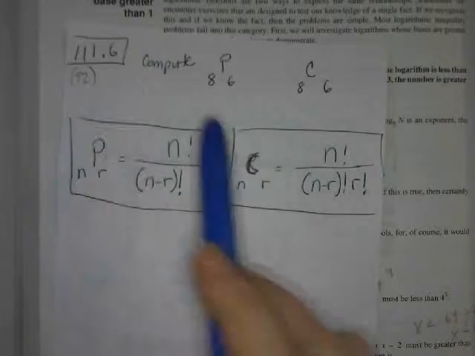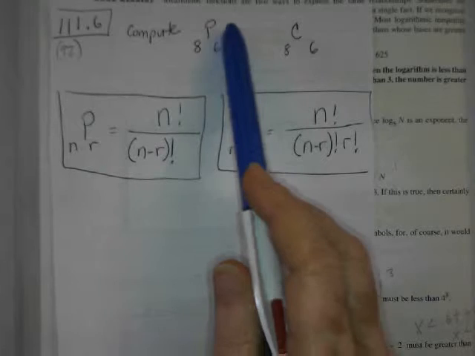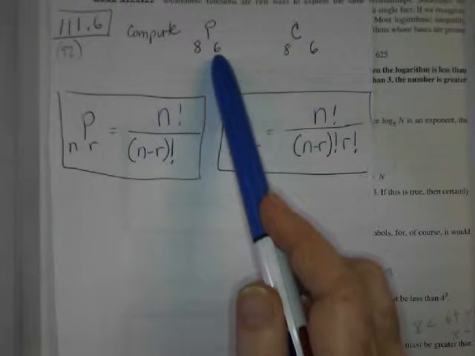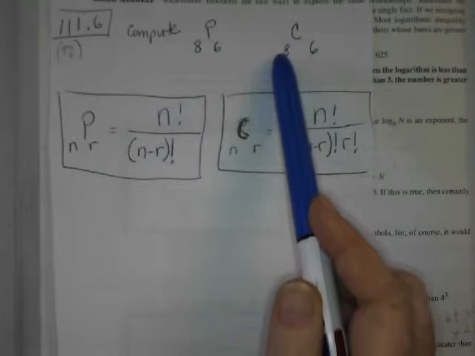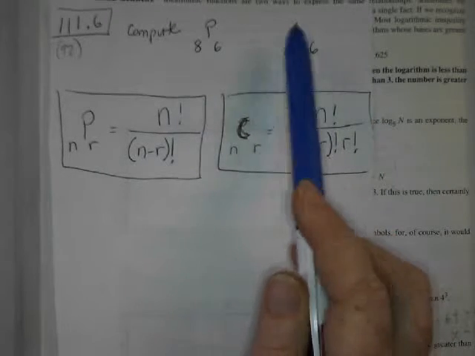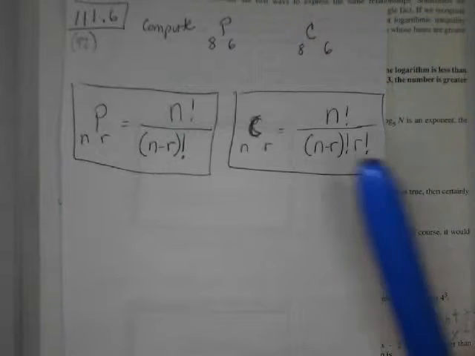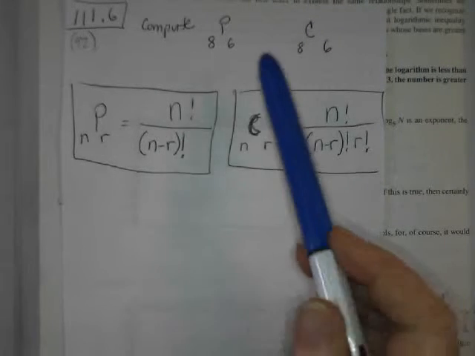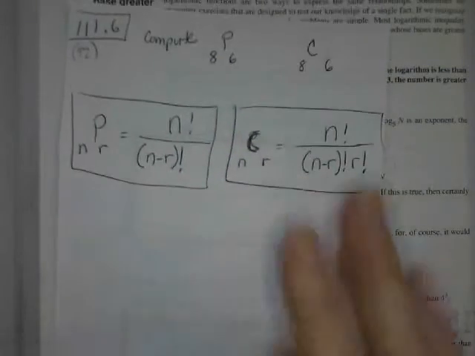Lesson 111, number 6. This one just wants you to compute the permutation of 8 things taken 6 at a time, and the combination of 8 things taken 6 at a time. So I'm thinking maybe the notation is confusing. If this looked foreign to you, what you would do is go